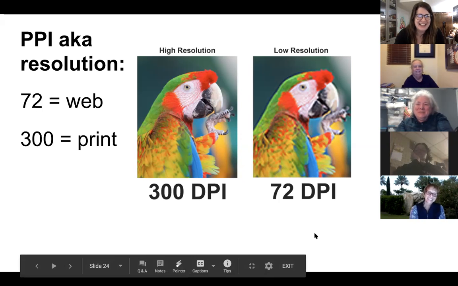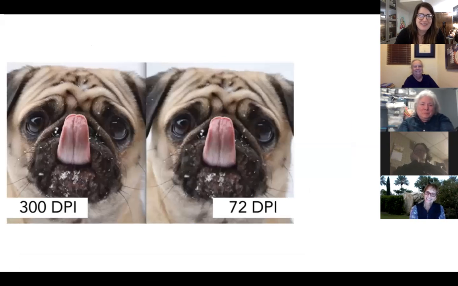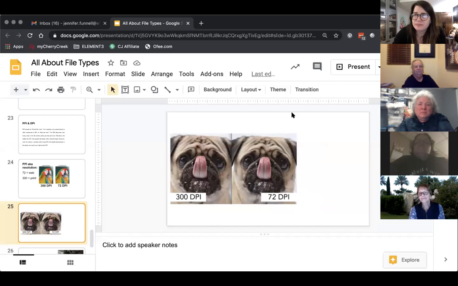Here's another one just to show you. A little pug. Again, the 300 versus the 72. You're not really going to notice it on the screen, but you would notice it in the print. And I will actually, my recommendation